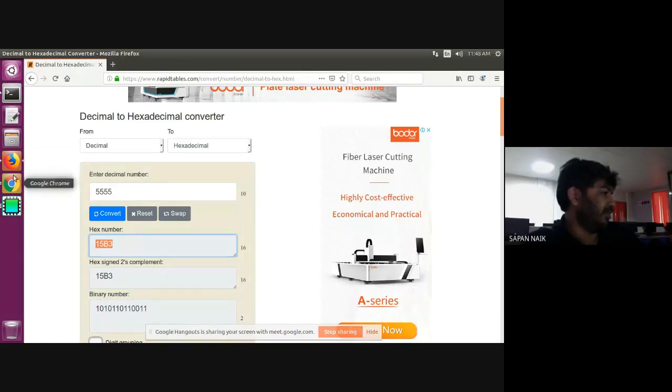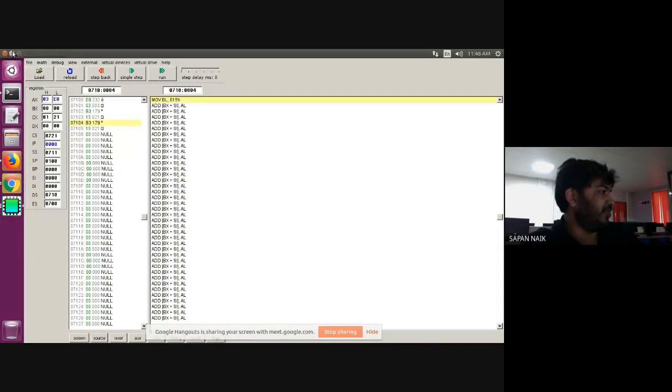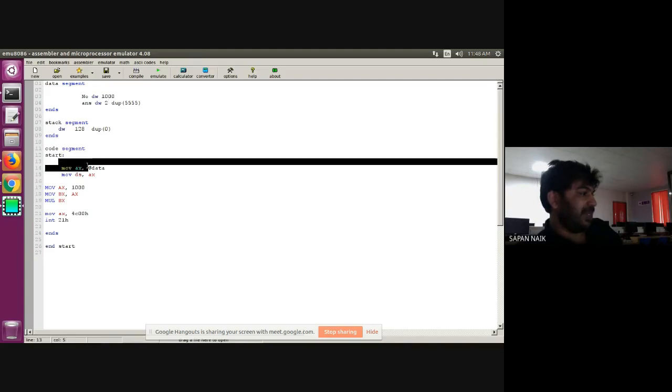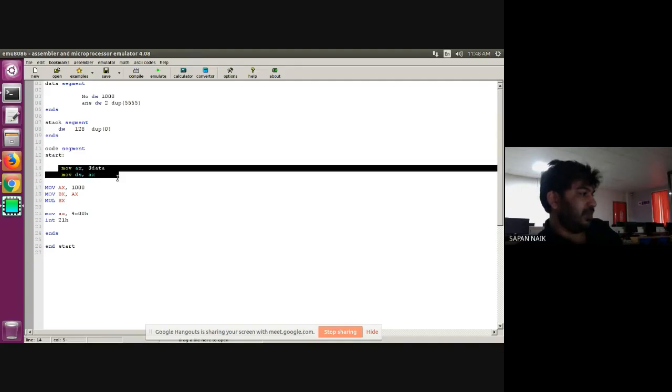So now let's go to our program again. So this is what we have stored. We have decided one variable called number. The square of it that we want to find, whatever our answer will be, that answer will be stored in the answer variable. As our answer is of 32 bit, we occupied 2 locations. Fine. Now these are the 2 lines always needed to assign your data segment. So we have done that.